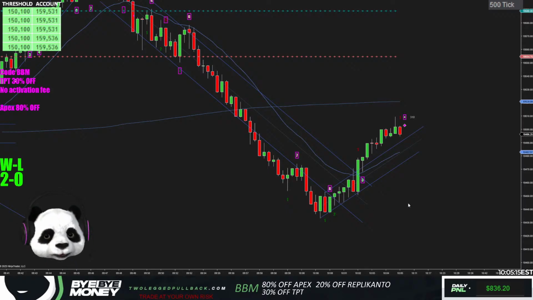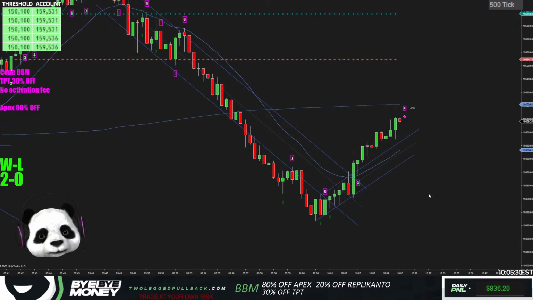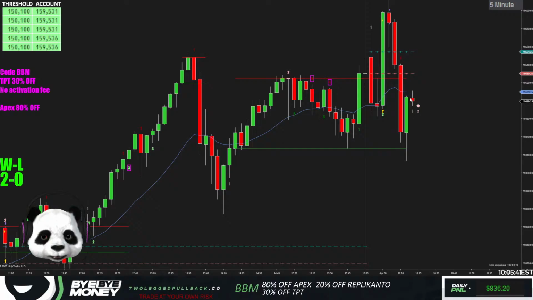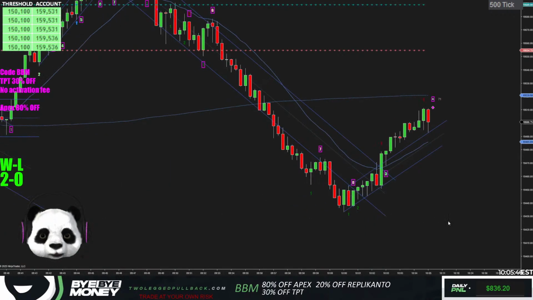Super good signal bar too, underneath the 20 MA. That is aesthetically one of the best second entry shorts I've seen in a long time. And it just completely reverses and breaks everyone's neck. Sick. What can you do about it? It is what it is. Super strong bull bar on the 5-minute chart, ending on its high. All right.